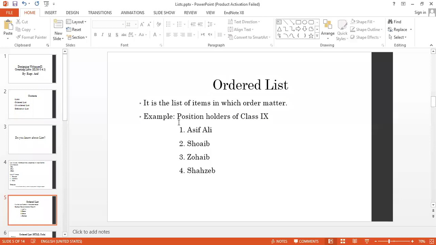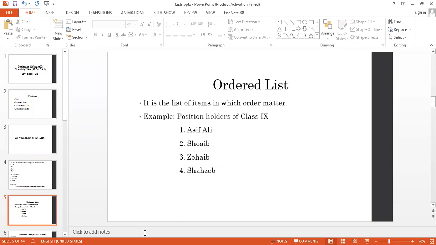So basically, an ordered list is a list of items in which order will matter. Simply, from here you can see we have a list of position holders of class 9th. At first position we have Asif Ali, second position Shoaib, third position Zoaib, and fourth position Shazib.